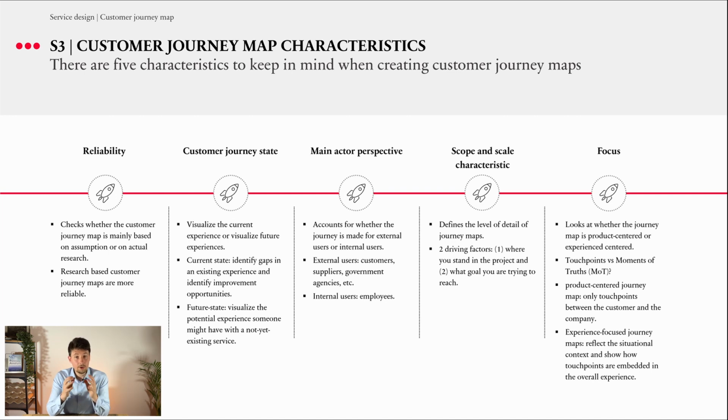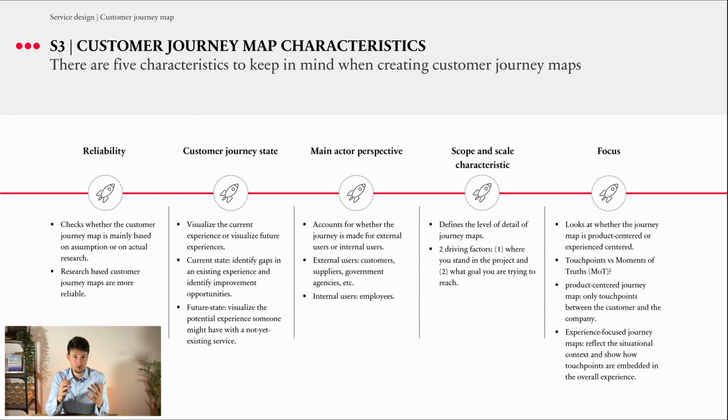The next characteristic is the state of the customer journey. A customer journey map can visualize the current state of the experience, or it can be used to visualize the future state of the experience. Current state maps describe how someone experiences an existing service or physical digital product. Current state journey maps are mostly used to find gaps in existing experiences and identify opportunities to improve these services